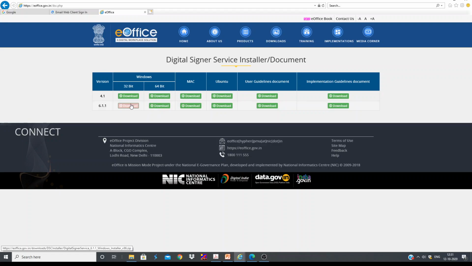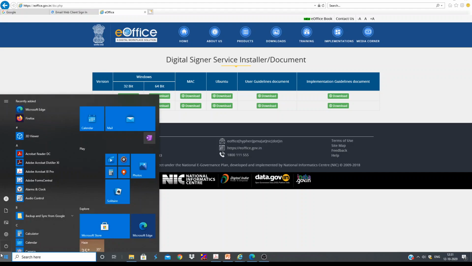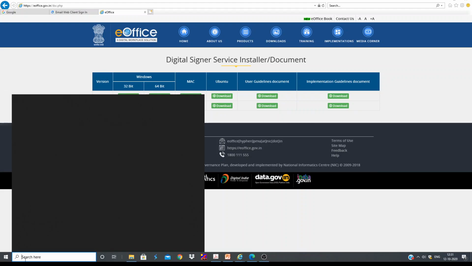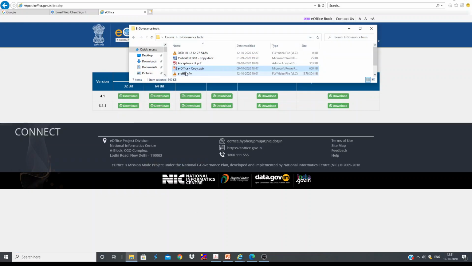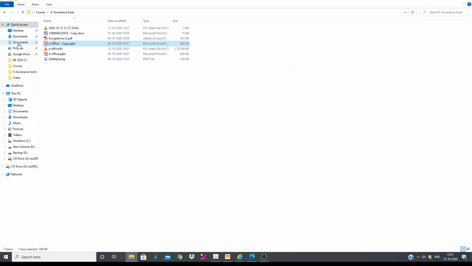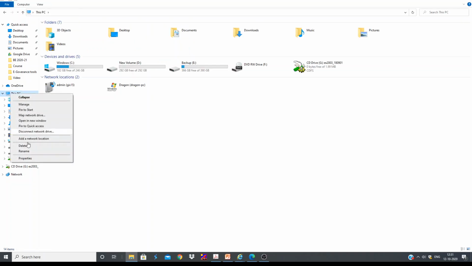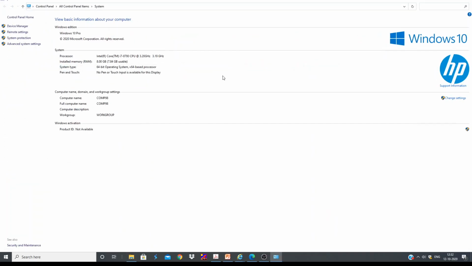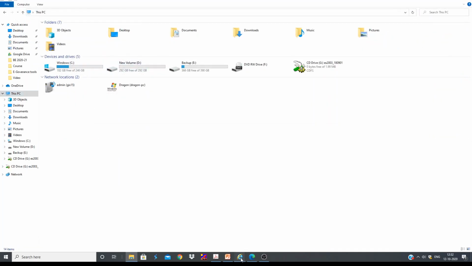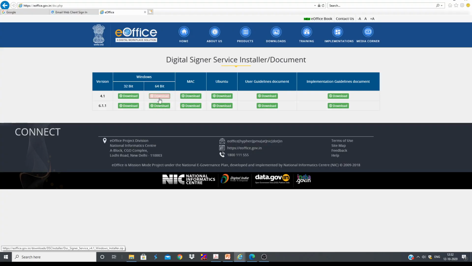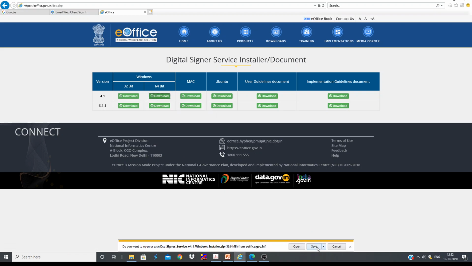Of course, if your Windows is 32-bit, then we need to download this one. If it is 64-bit, we need to download this one. I think most of you might know how to check whether your Windows is 64 or 32-bit, but I'm just giving an idea. What I should do is click This PC, Properties. You can see this is 64-bit. So I need to download the 64-bit version.